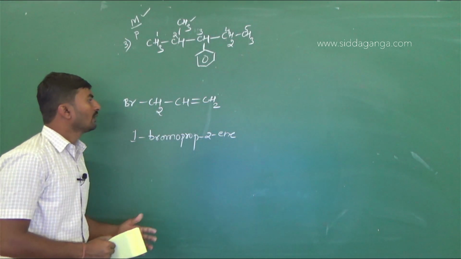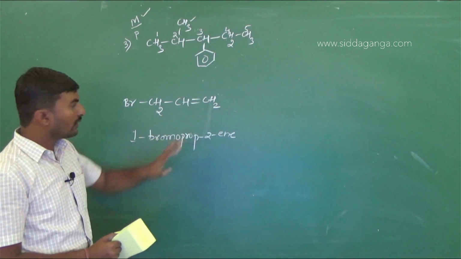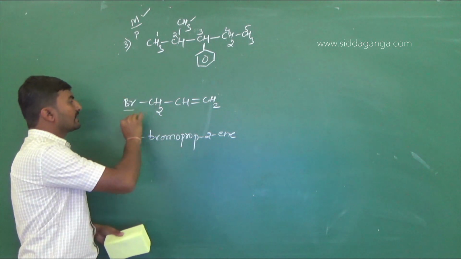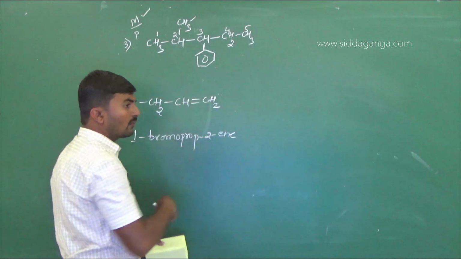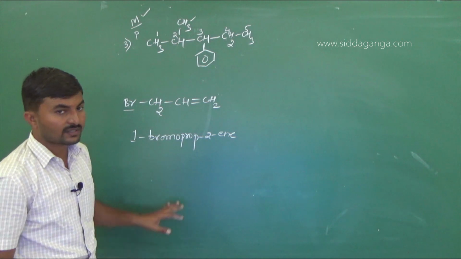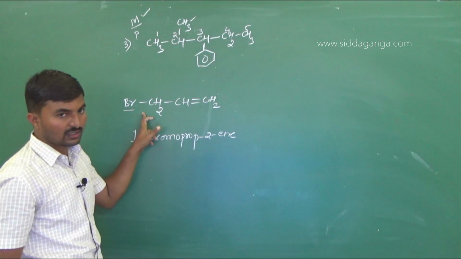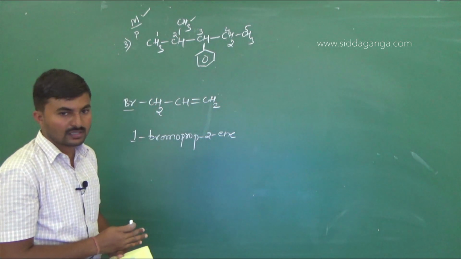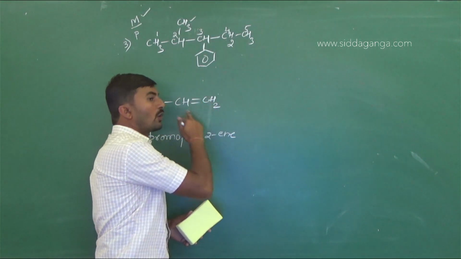Now we start nomenclating this particular example without referring to this. Here we have two functional groups. One is the bromine substituent, another one is the double bonded carbon atom. If a double bond is present along with a low priority functional group, we have to give our preference to the double bonded carbon atoms. That means we have to start numbering from the double bonded carbon atom.